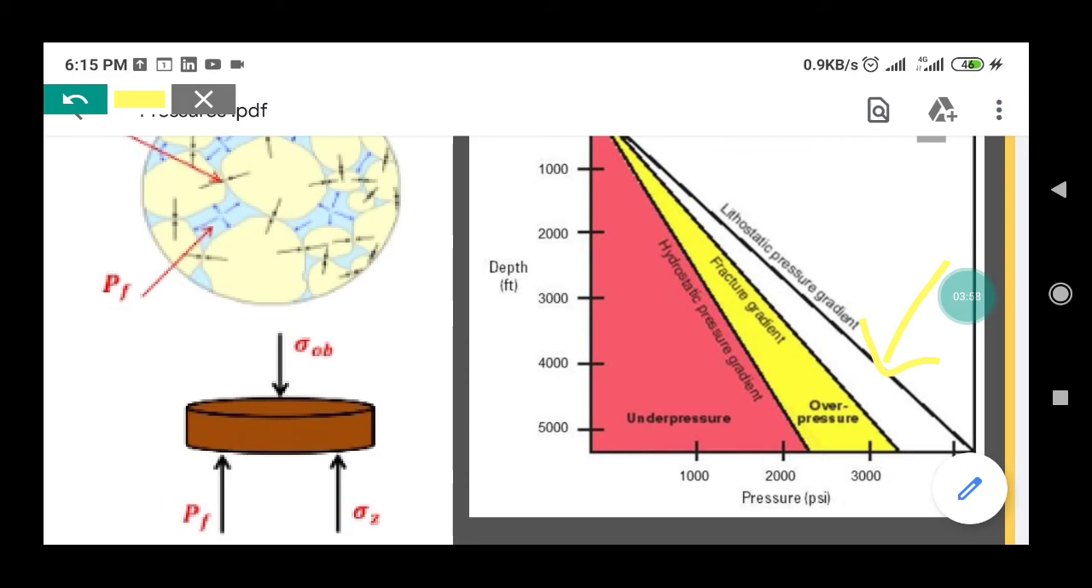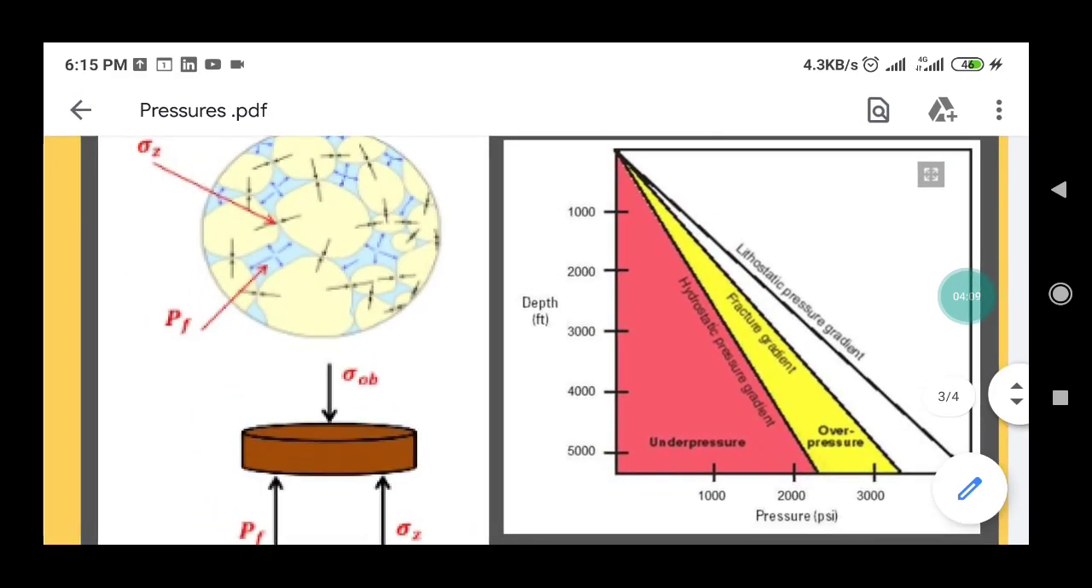Now there is another concept called abnormal pressures. We'll be talking about abnormal pressures and subnormal pressures in the next video, and we'll also discuss the reasons for these abnormal and subnormal